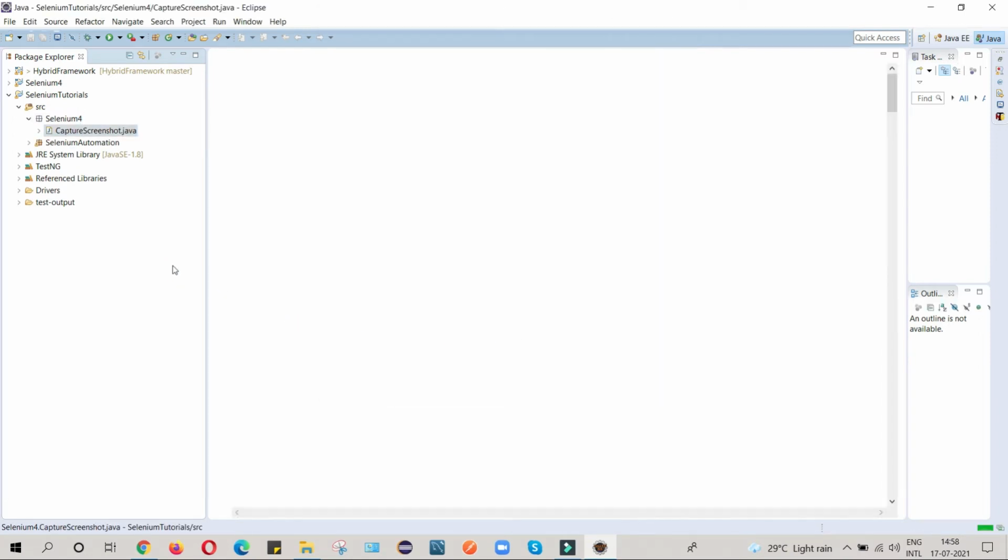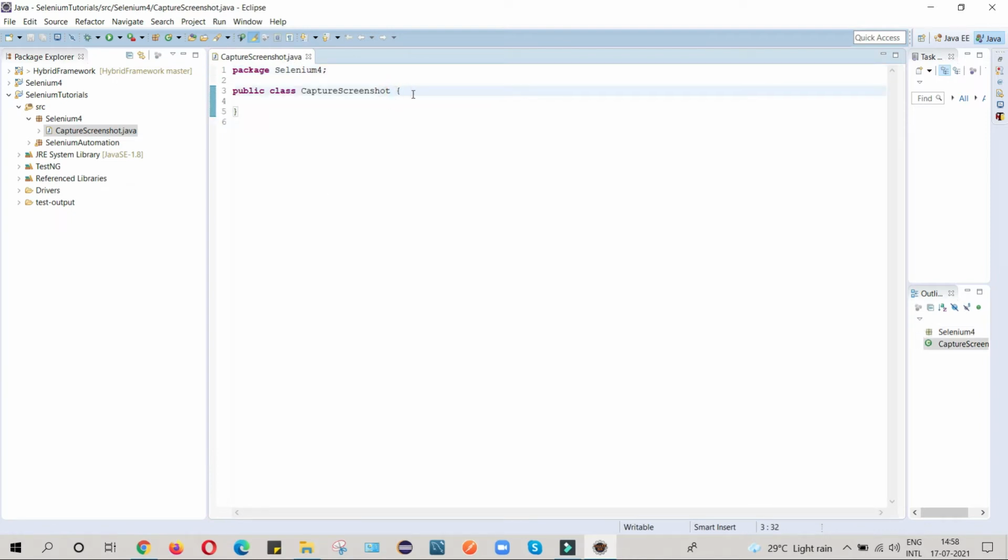Now my first step will be to initialize WebDriver Manager and the browser in which I will run this. So I will write public void and give any name, like Selenium 4 feature.